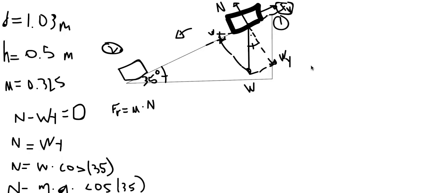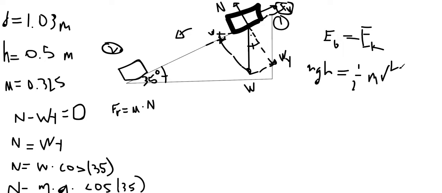So at first, let's just look at the difference of how this works. If we do it like we normally do it, we'll have that in point one, gravitational energy equals kinetic energy, and we'll have that mgh equals 1/2 mass times velocity squared. The masses cancel out, and we'll have that velocity